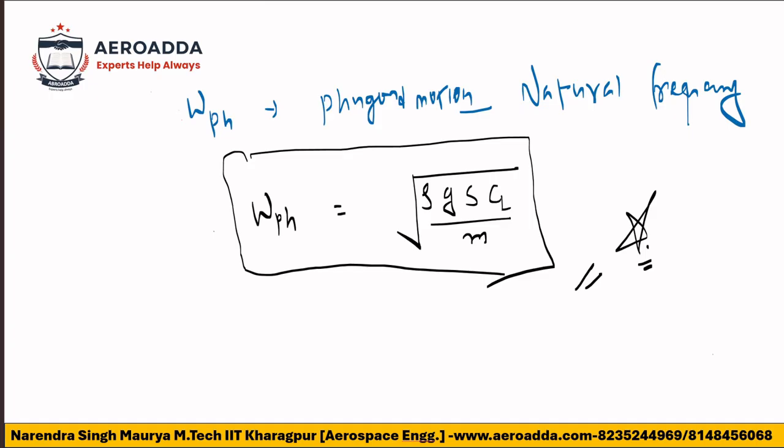So the conclusion is very clear. This single marks question they can ask now. What question they can ask? That natural frequency of the phugoid or long period oscillation. See, depending upon what? It is the density. Okay? It is depending on the